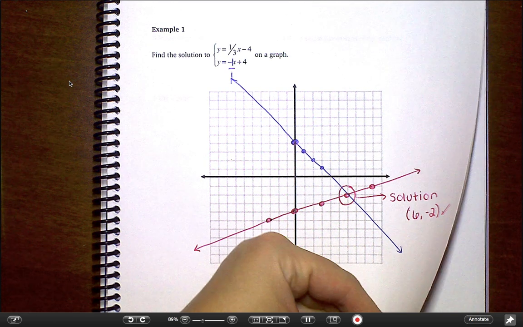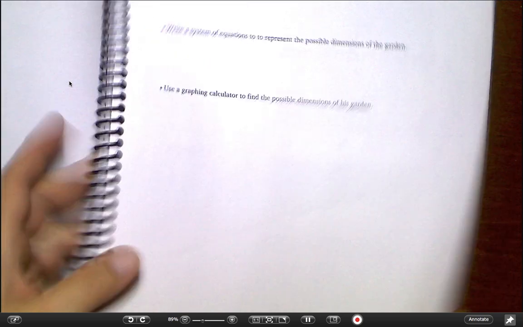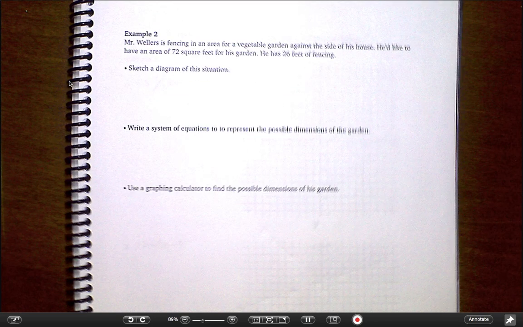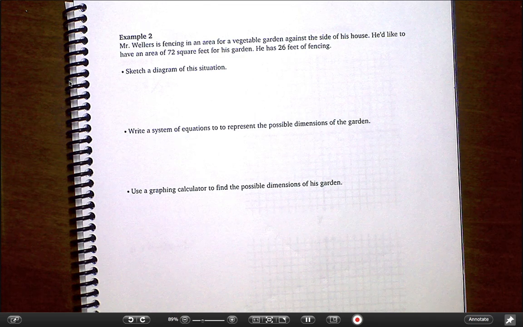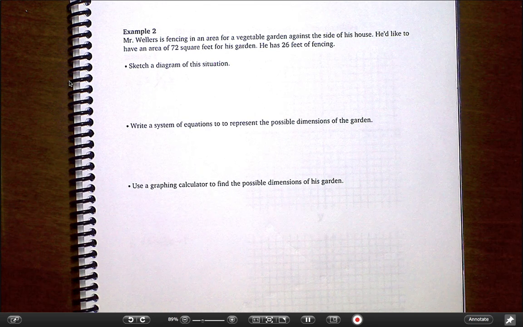And in this example, I'm going to be showing off how to do some stuff on your calculator too, so you might want to have that nearby and ready to go. Okay, so Mr. Weller's fencing in an area for a vegetable garden against the side of his house. He'd like to have an area of 72 square feet for his garden, and he has 26 total feet of